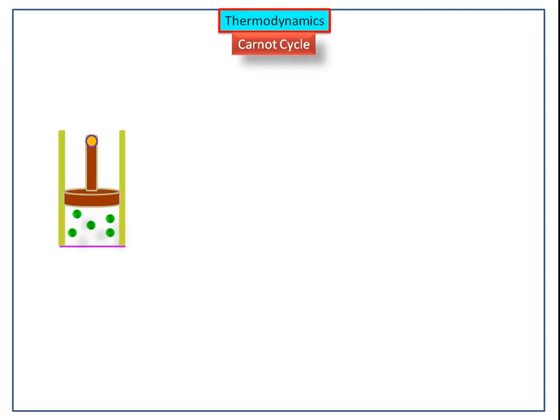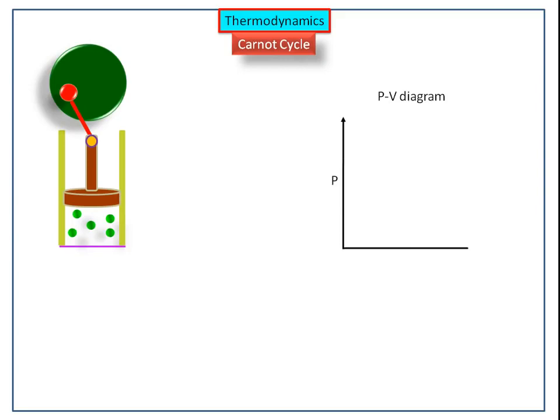Let us consider a cylinder having a frictionless piston that contains n moles of gas molecules. It is important to keep in mind that the Carnot cycle is reversible, that is, at every point defined in the PV diagram, the system is at equilibrium. This is the initial position of the gas, represented as 1. Its initial pressure is P1 and its initial volume is V1.